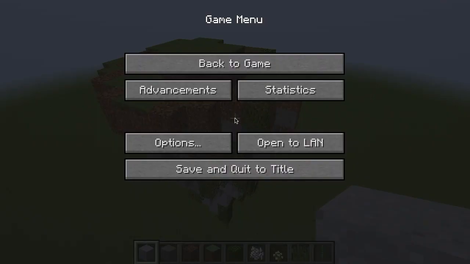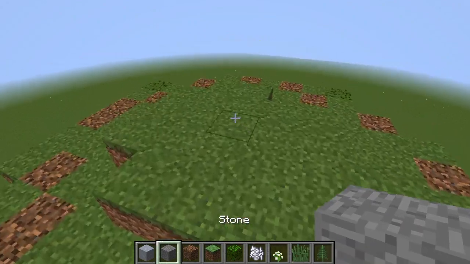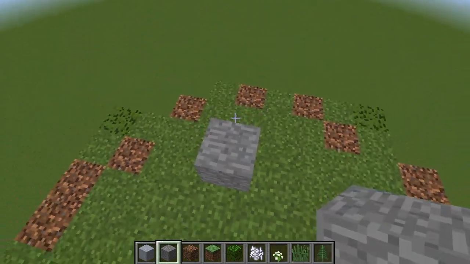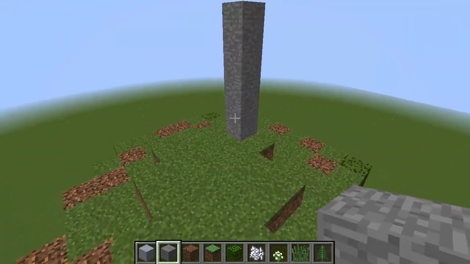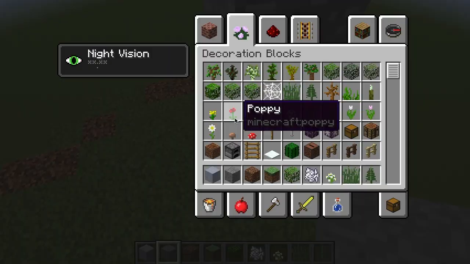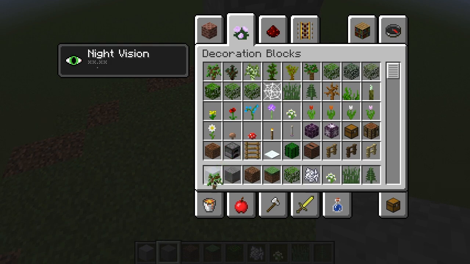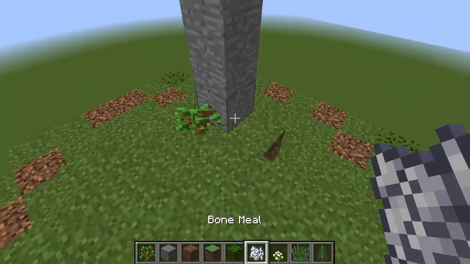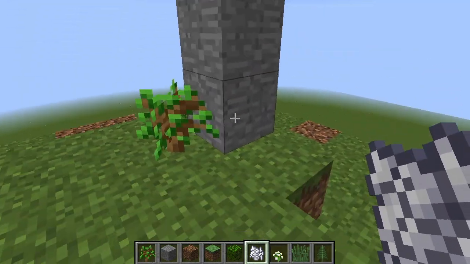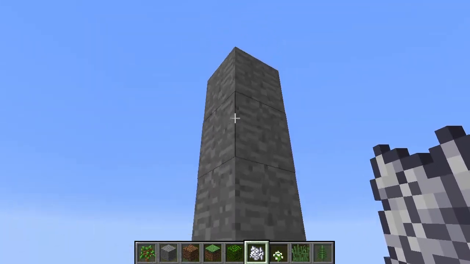What we're going to do is we're actually going to use a trick that I use to make custom big trees. I've made a tutorial on this just called Basic Custom Trees for Beginners. If you like the design I use here, I am showing you it in the video, but I do have a full tutorial on it if you want to check it out. So what you do is you have stone blocks go up 6 tall, so 1, 2, 3, 4, 5, 6,